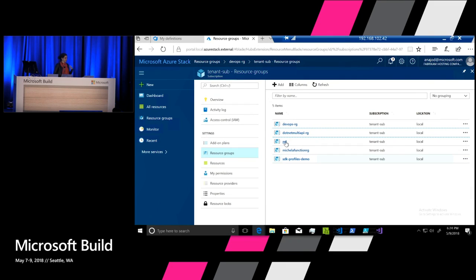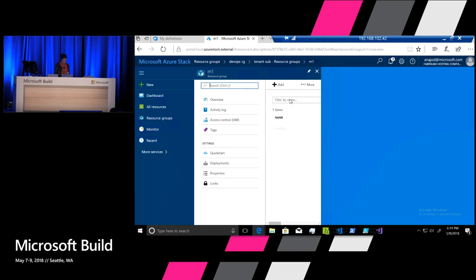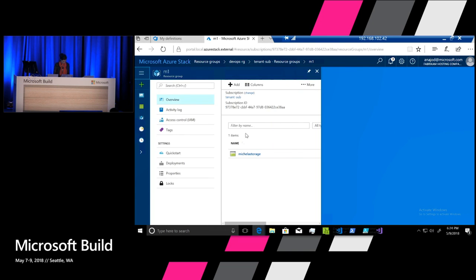Okay, I already deployed App Services. I created a storage account, and I linked the storage account to my function app. Now in the resources that I created, I can see my storage account, but also